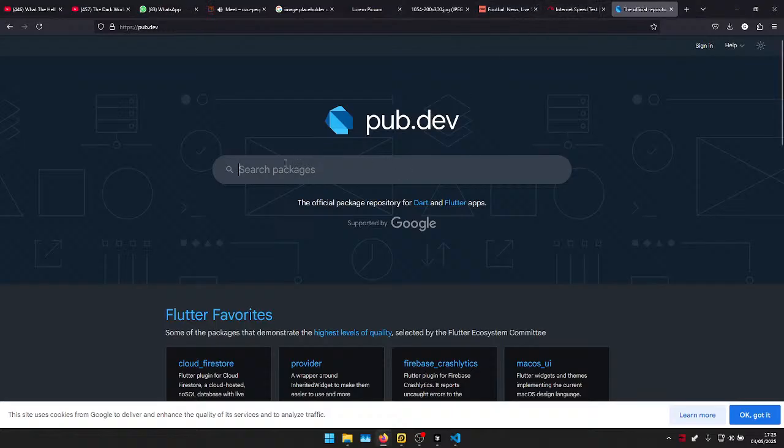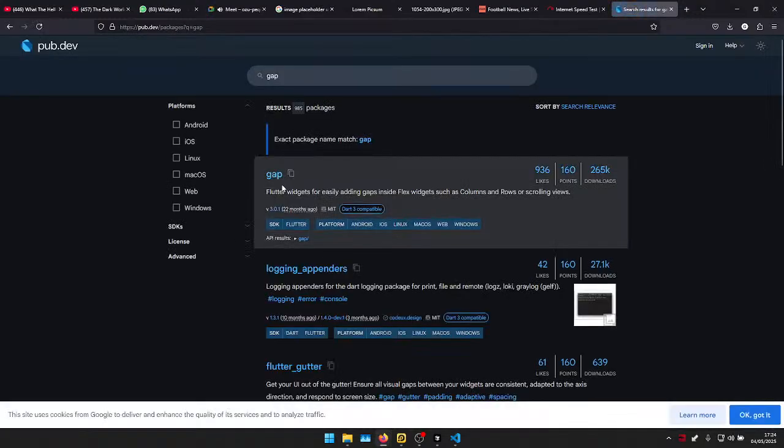Over here, you can search for packages. Now let's see which package we should go for. Okay, let's take a look at gap: Flutter widgets for easily adding gaps inside Flex widgets. And it's funny that it has